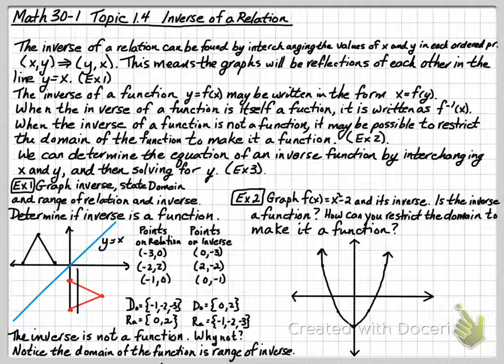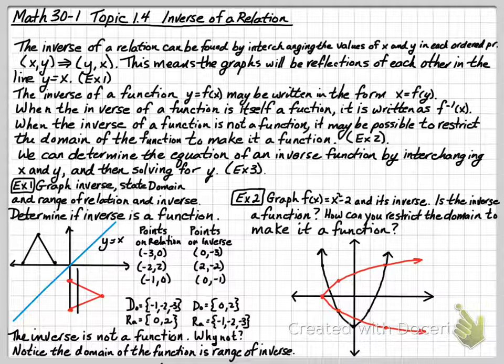Now, if I drew the inverse and wrote the points backwards, instead of the point x is 0, y is negative 2, we're going to go negative 2 and 0. That's the red dot on our graph. Next, we're going to plot those other points the same way, and when I graph it, now I can see that that's the graph of my